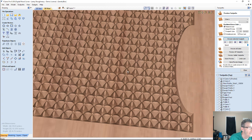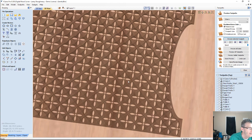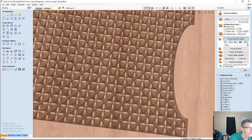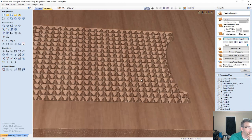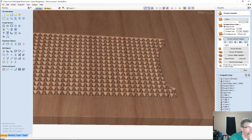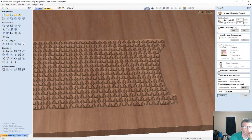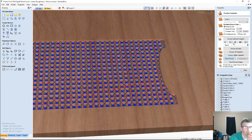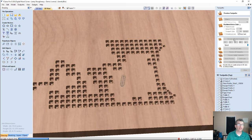And so the little florals and the outer perimeters and all, it's cutting these areas in between them down to a V. That's what you see, these little crosses and stuff here. And the depth is almost a ½ of an inch deep. And really, you would want to limit that cut depth. It just doesn't look good this way. So you would set a flat depth, whatever you would want it to be, and limit that cut. But the reason why it's cutting that deep is because of the space between